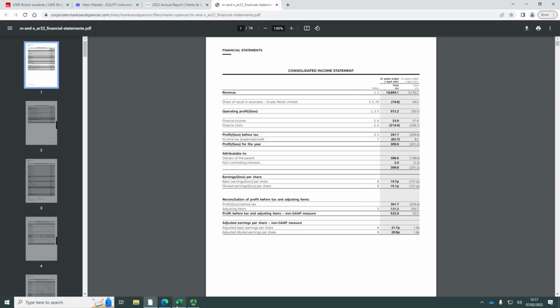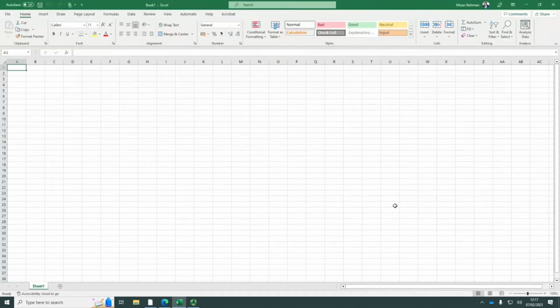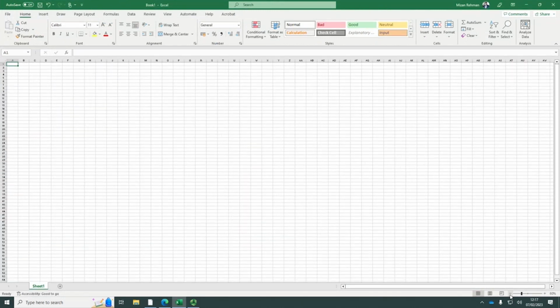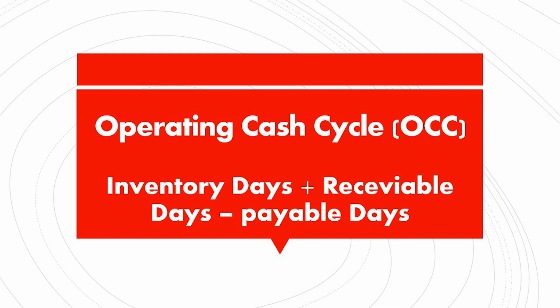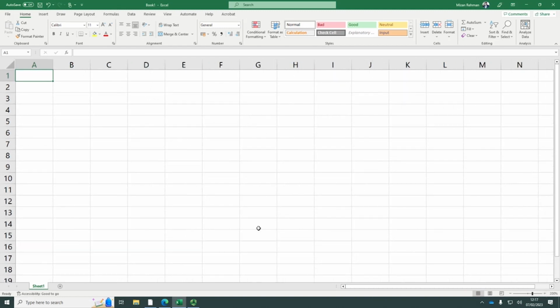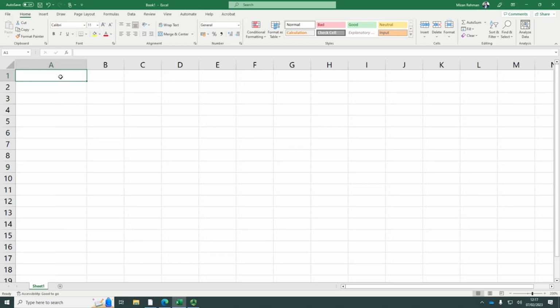So if we start with our first formula, we know that OCC we have calculated in the first week. OCC is inventory days plus receivable days minus payable days. And so we need to calculate these three ratios to be able to calculate OCC. So my first ratio is inventory days,